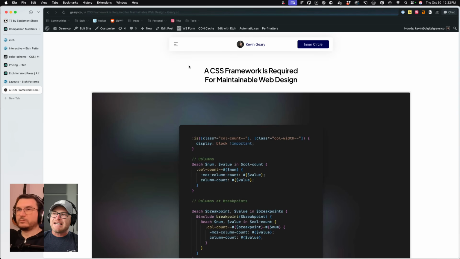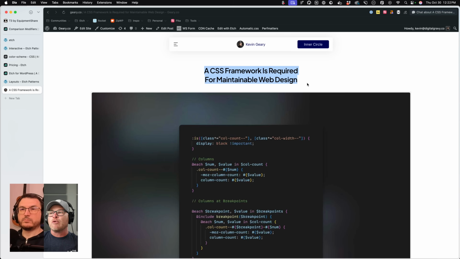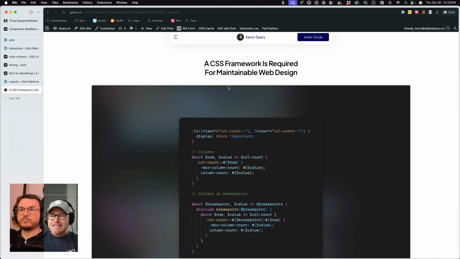It's called "A CSS Framework is Required for Maintainable Web Design." Now, a lot of people read that title and they were like, he's just trying to sell Automatic CSS, all he's doing. But it does say a CSS framework, with a space there. A CSS framework, like any of them, is required for me.